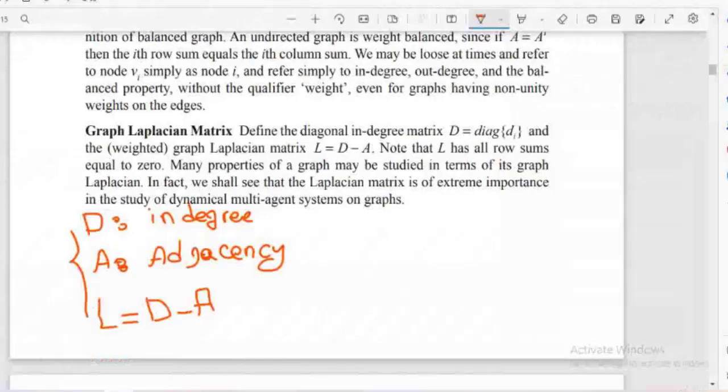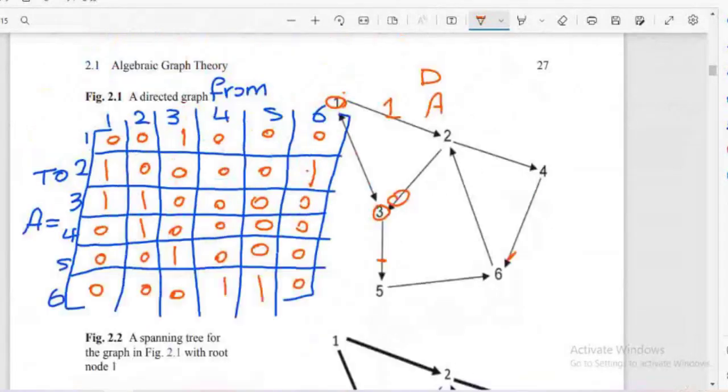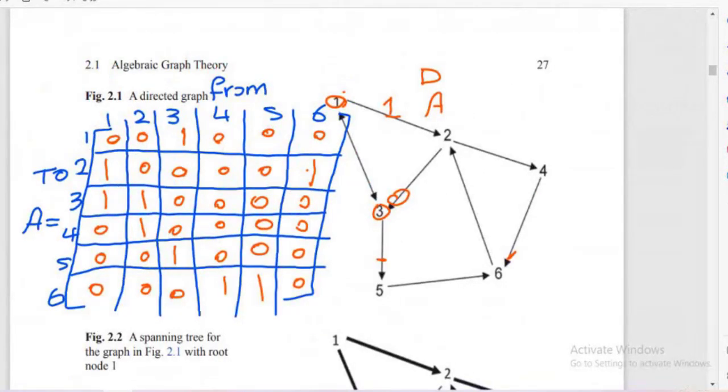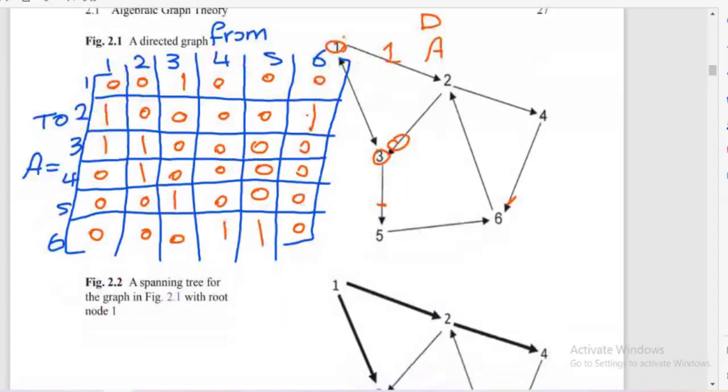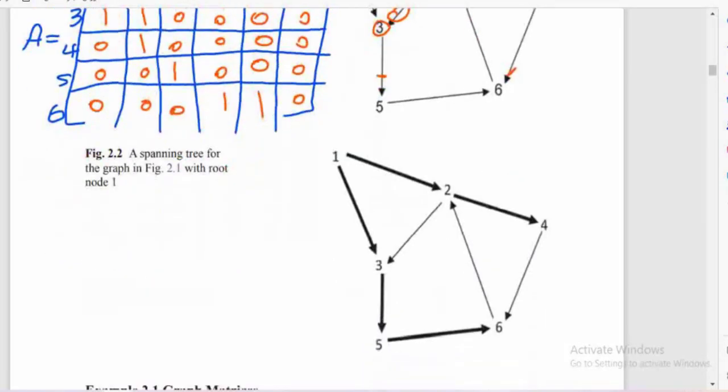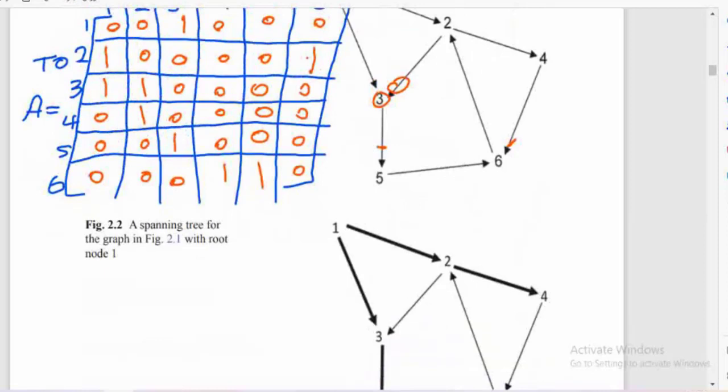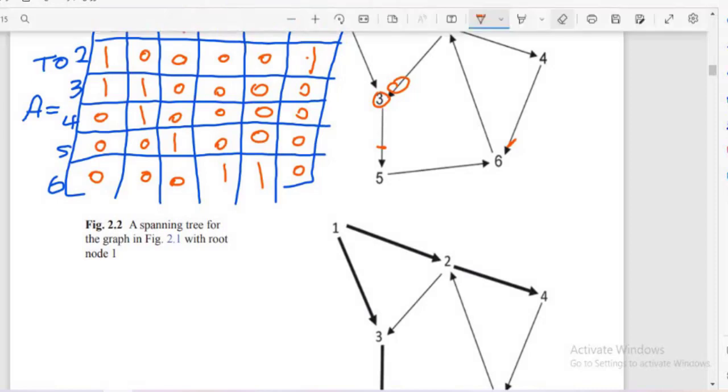Okay, let me continue. We define the first D matrix, the second A matrix, the integrity matrix, the adjacency matrix, and this third one is the Laplacian matrix. Another important thing about the matrix is the spanning tree. Let me erase